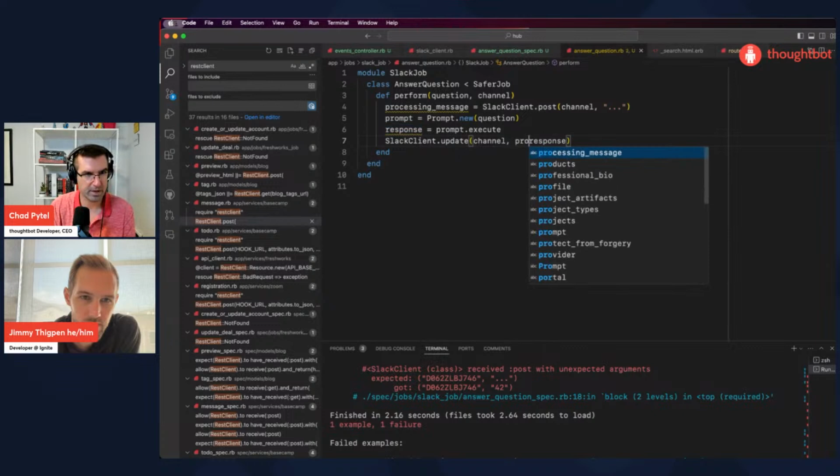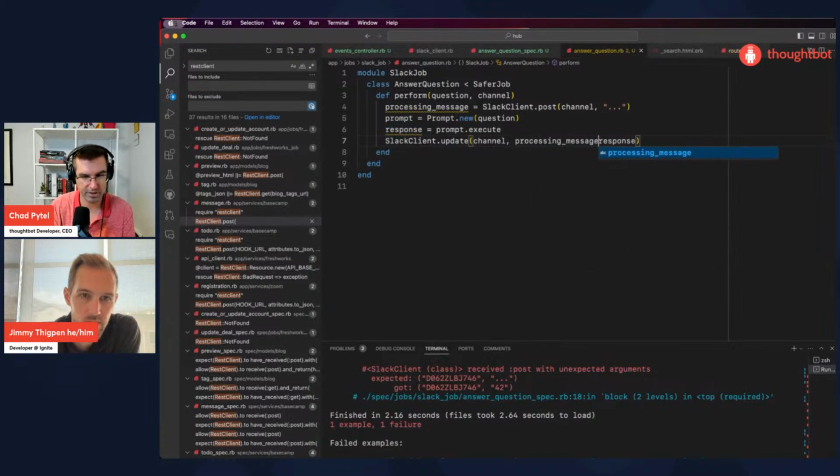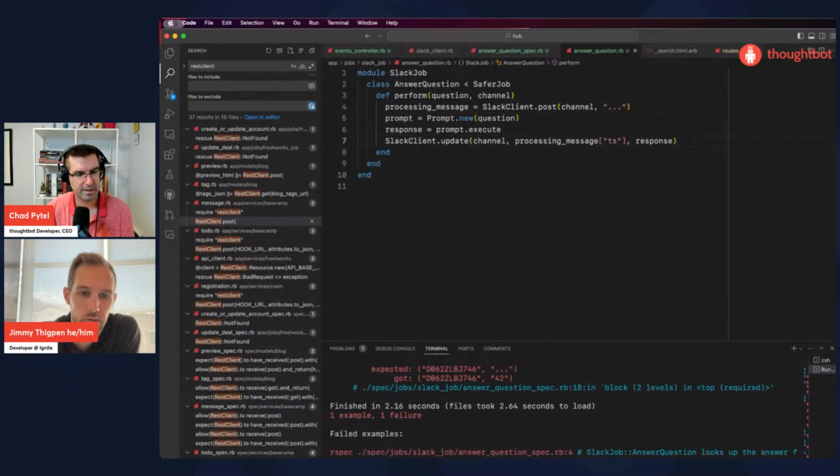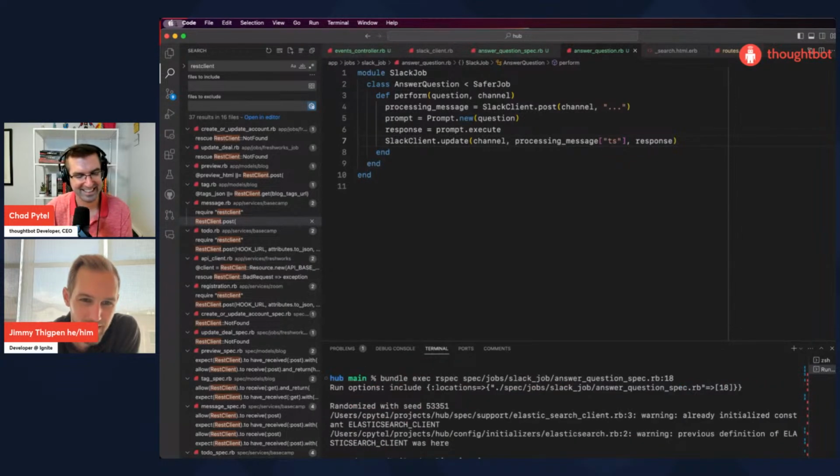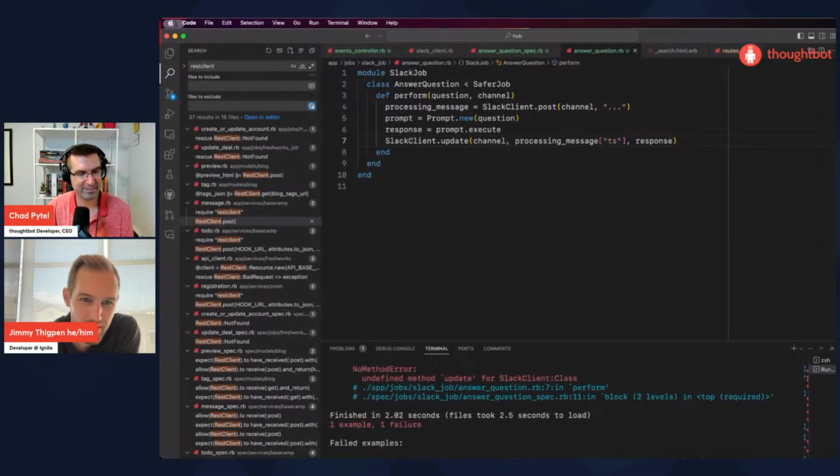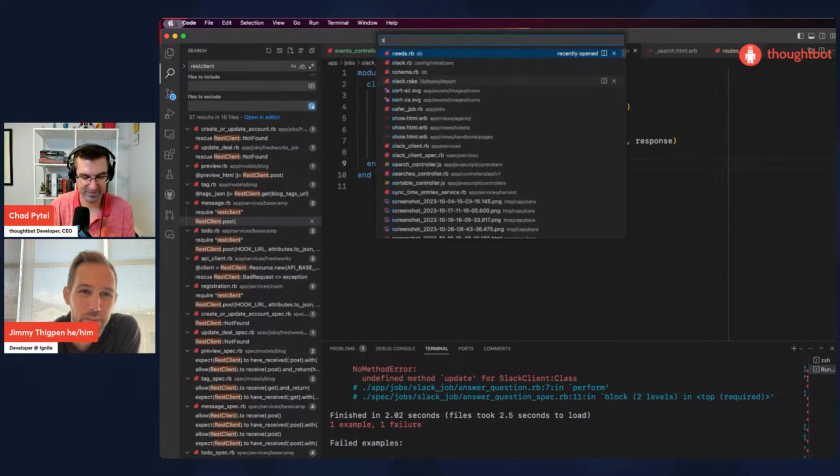And it's the processing message TS, with the response. Okay, cool. 85% chance of passing. Undefined method update. Oh yeah, it was 0% chance of passing. We still don't have an update method. That should be pretty simple though.